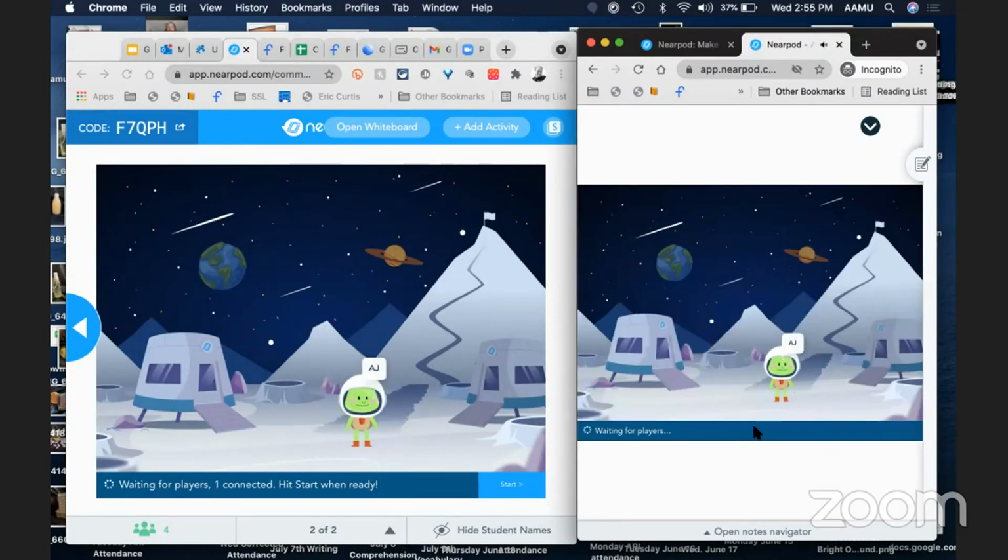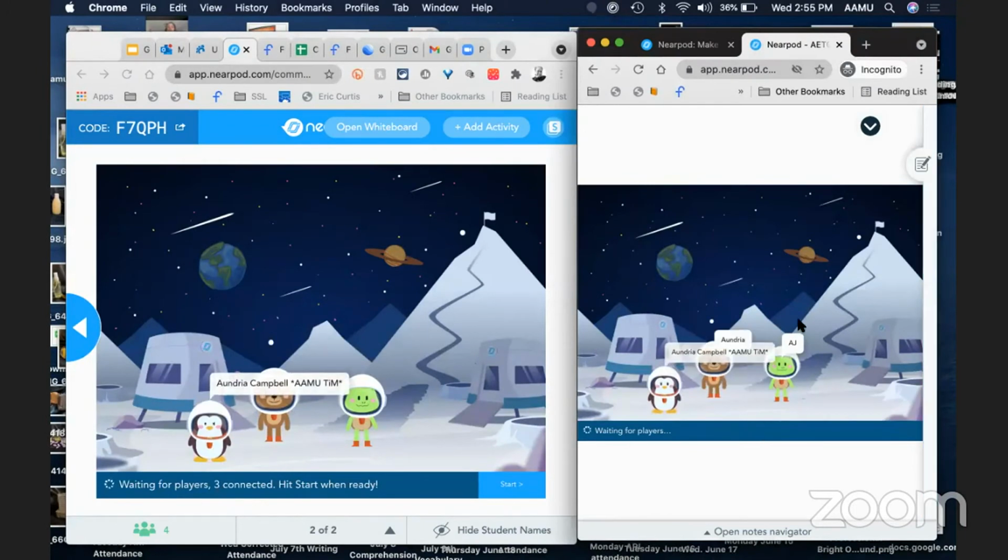All right, so now I'm gonna pick my character for my other person. And you see my other students coming in. These are my other students. So imagine if you have 15, 18 students, you're going to have 15, 18 little students over here. And right over here, your students are going to see all their classmates. They're all going to be fun little figures. How cool is that? Like I said, we're making it a game.